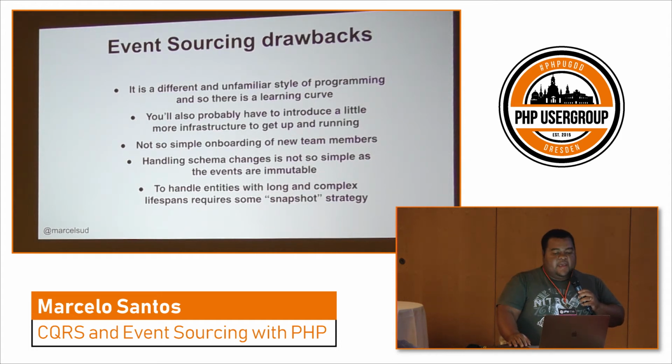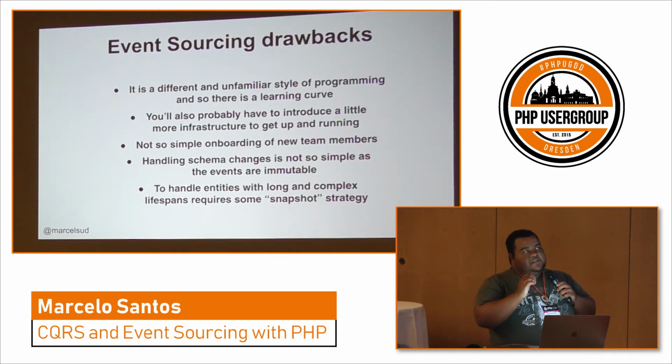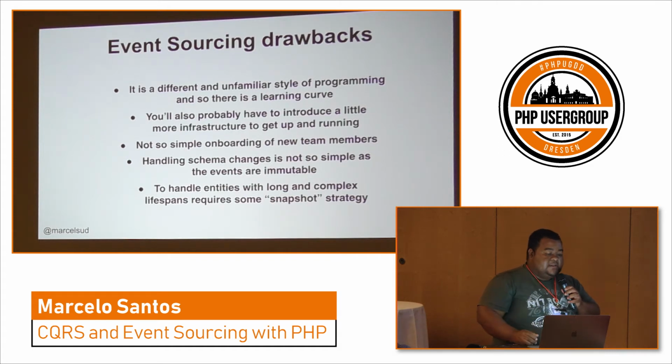Also, every time you have a schema change on your events. Imagine before you have the events with first name and last name, and now for some reason you want to use complete name or full name. All the events before then will still be there with first name, last name. And you need to somehow upgrade. This is called upcasting, which means every time you process this event, you will wrap it and say, okay, first name, last name, concatenated becomes full name, for example. You need to handle these, and it is complex.